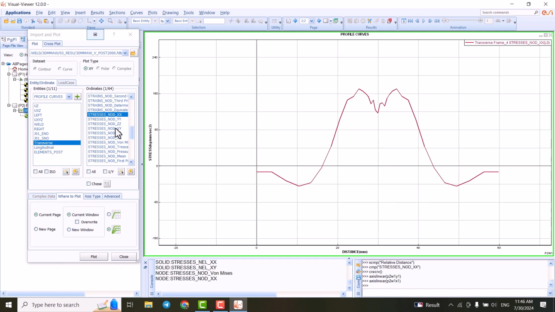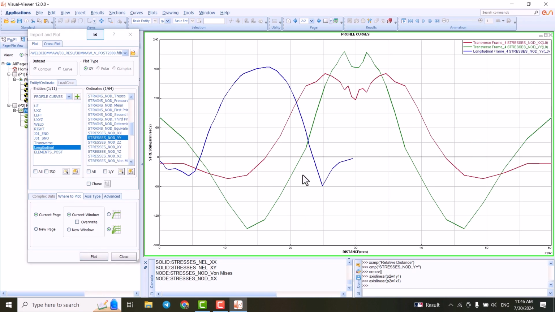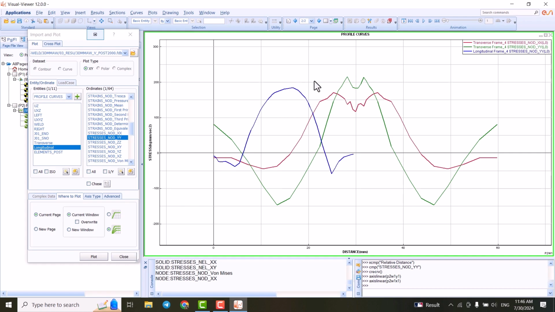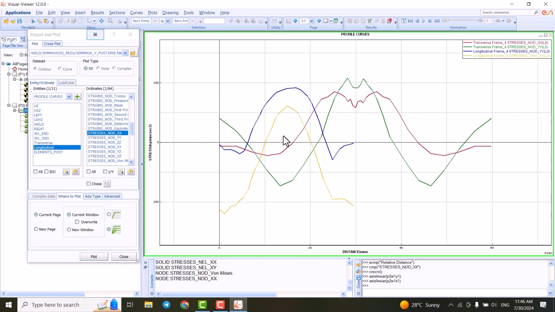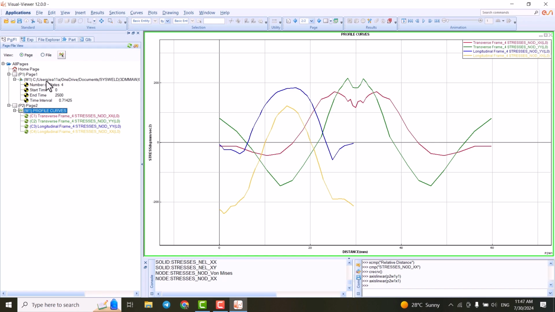And what we can do is to plot the stress in YY direction. You see here, this is the YY stress in the transverse, and we can also plot the YY in the longitudinal direction. As you see, the trend is the same, and we can plot them in the XX direction. So as you see, the residual stress in longitudinal is not that much in the XX direction, but if you plot that in the HAZ region,